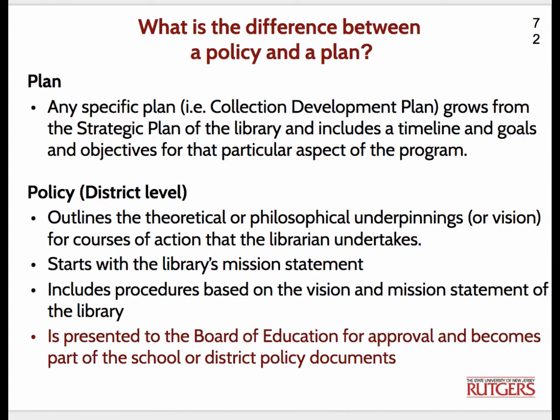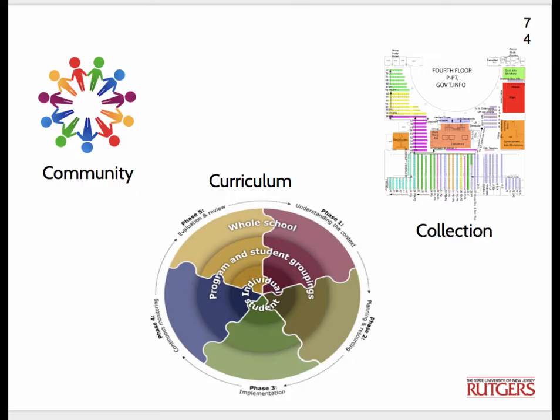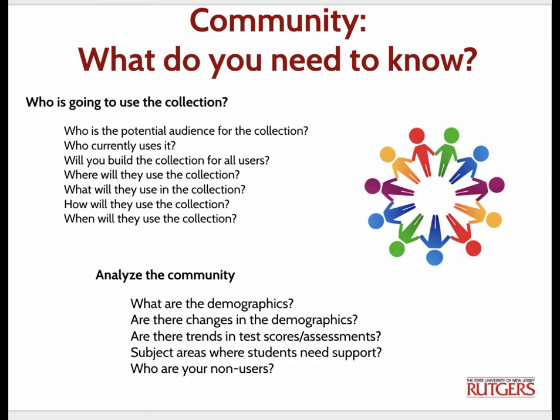And you can't just create a policy for an individual school library unless perhaps it's an independent school. You should have faculty input in your policy development, and you should have faculty input in weeding. And this collection development and weeding is connected to everybody. The 3 C's, as it's often described: looking at your community, looking at your curriculum, and looking at your existing collection in the type of way that we talked about with title-wise.